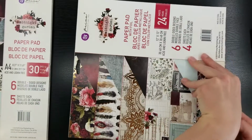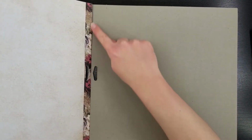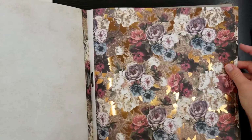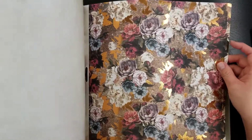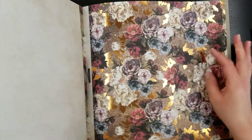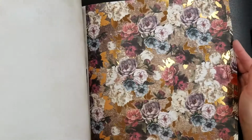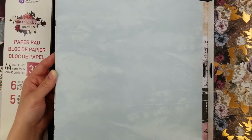All right, so let's get in to see what it looks like. The back of this sheet, I also love this, where it has the detailing on the edge, because sometimes I find uses for that little piece of paper there. So the back is blank, but then it has this beautiful foiling. I love that. Normally I like my florals, but I don't go for this much floraling, but something about this collection just works for me. So you get, I think, 4 sheets of that,